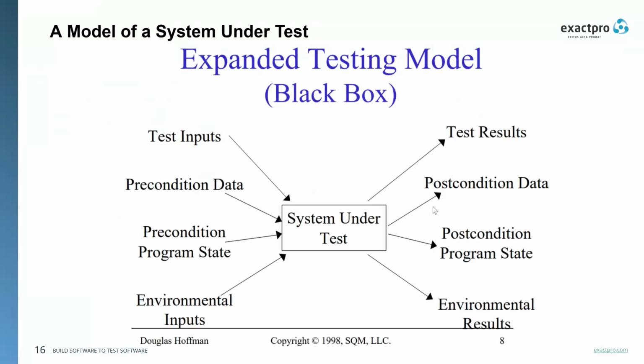And Doug Hoffman, in 1998, which is 28 years ago, put forward a more elaborate model of testing where we are not just having inputs, outputs, and the system under test, but there are also many other things that contribute, like preconditions, environment inputs, environment outputs, and post-condition state. So it is not just something that we immediately see, but also many other things